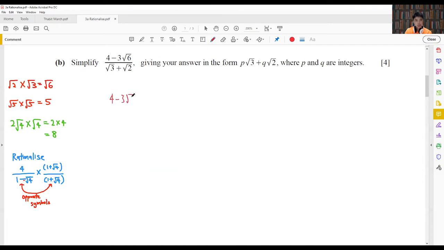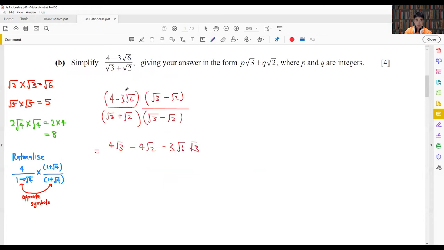4 minus 3 surd 6 over surd 3 plus surd 2 multiplied by both surd 3 minus surd 2 over surd 3 minus surd 2. Now make sure to bracket where needed so that you do not confuse yourself. From here, expand the bracket. 4 times surd 3, 4 surd 3, 4 times surd 2 minus 4 surd 2, minus 3 surd 6 times surd 3, you have minus 3 surd 6 surd 3, and this times this, you would have plus 3 surd